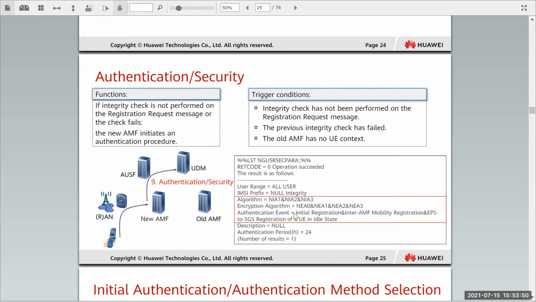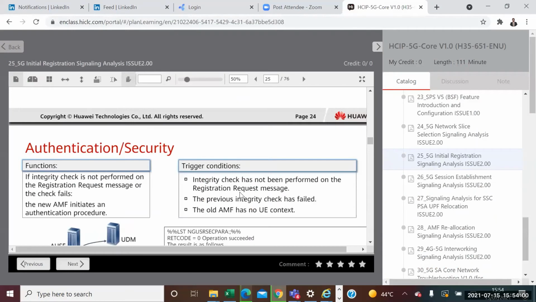If the parameters are not there or if something is missing, then the UE cannot access the network. Okay, so you can see all these parameters, for example, in the